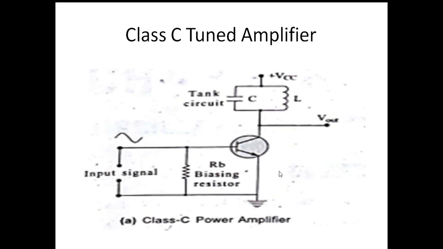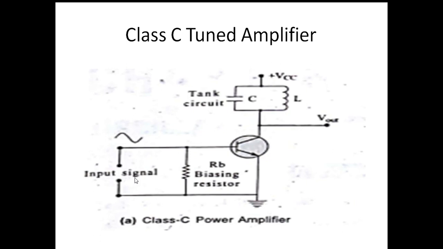Okay, this is your common emitter amplifier circuit with a single tune network. Of course, this is a single tuned amplifier circuit. In this, one LC is present which forms a tuned circuit. This is the RB biasing resistor. Of course, instead of RB, you can take R1, R2 voltage divider network which is connected to VCC to provide the required biasing to the transistor circuit in order to operate in active region.